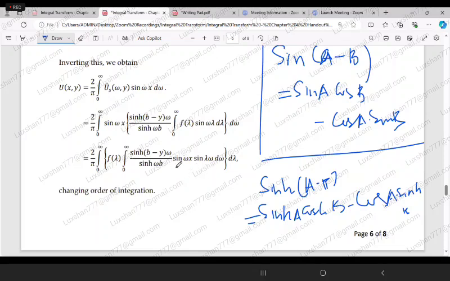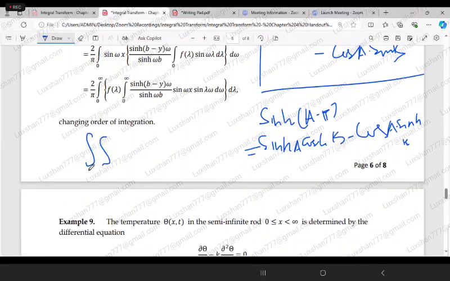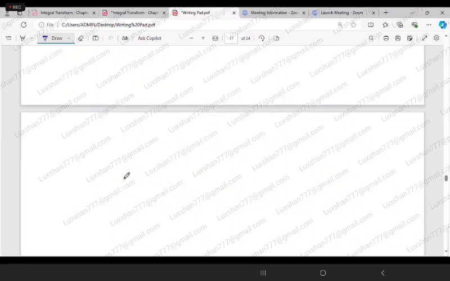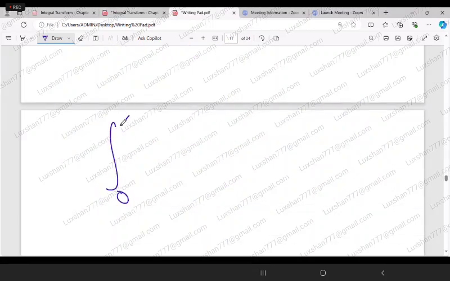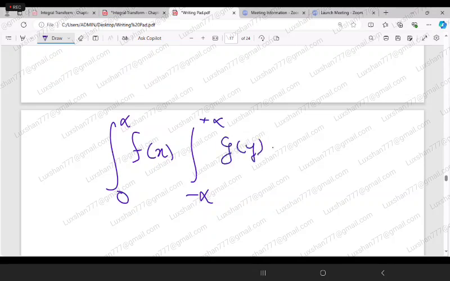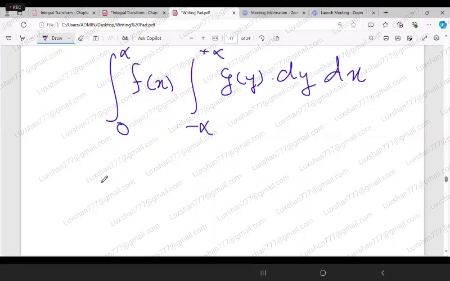Here actually we have two integrations. We are just changing the order of the integration. No problem, you can change the order of the integration. Say for an example, if you have two integrations like this, let me write it here. Say you have two functions, 0 to infinity f(x), integration minus infinity to plus infinity g(y) dy into dx. So this is equal to, you can change the order of integration,